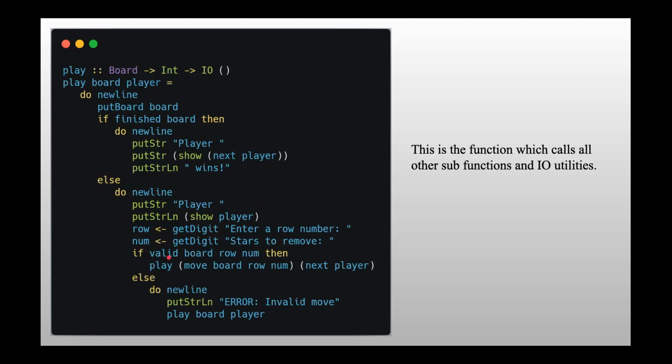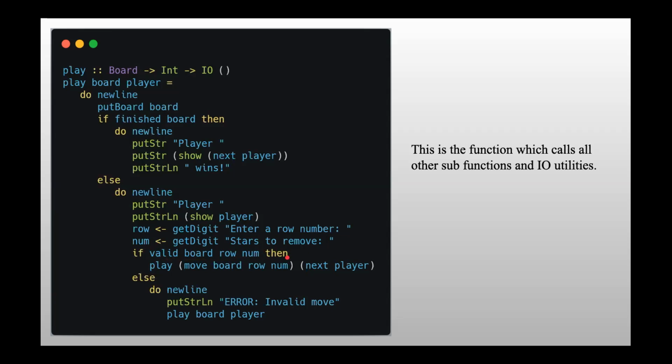Now we have to check whether, for the current board, the given row and number is valid or not. That row contains at least that many elements, stars, then we can remove, otherwise it is an invalid move.